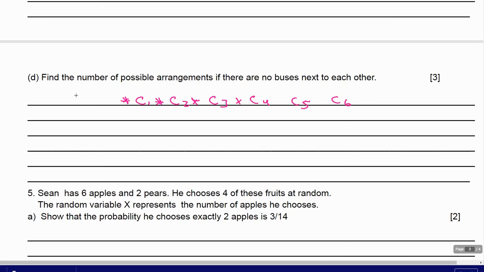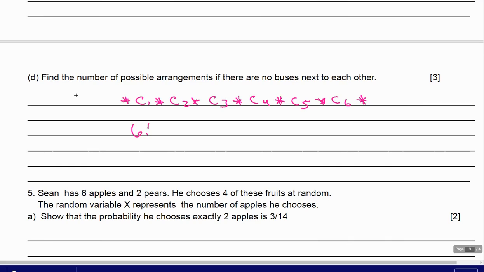They can go in any of these spots. Okay? Now, the first thing I do is I figure out how many different ways I can arrange my cars. How many different ways can I arrange my cars? How many cars are there? So that's going to be 6 factorial. And in this case, they're all unique, so I don't have to worry about dividing by anything because they're all